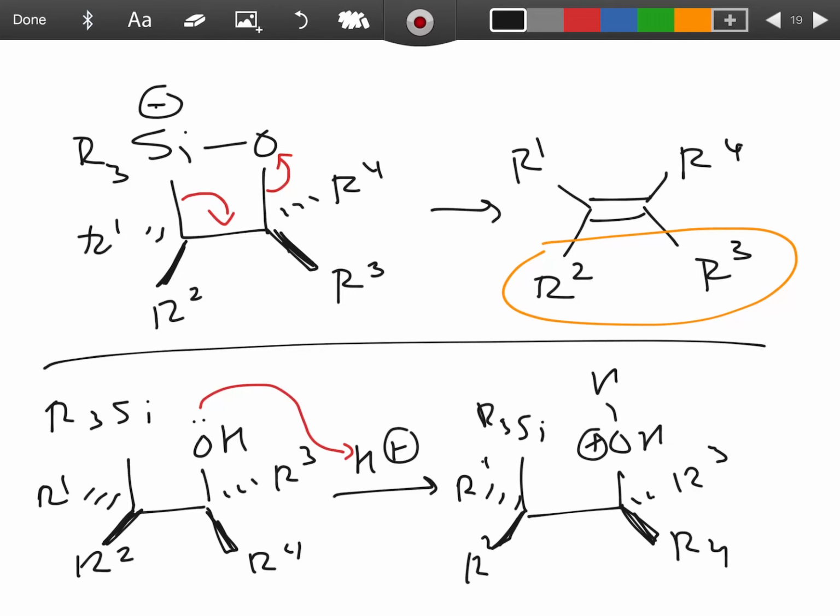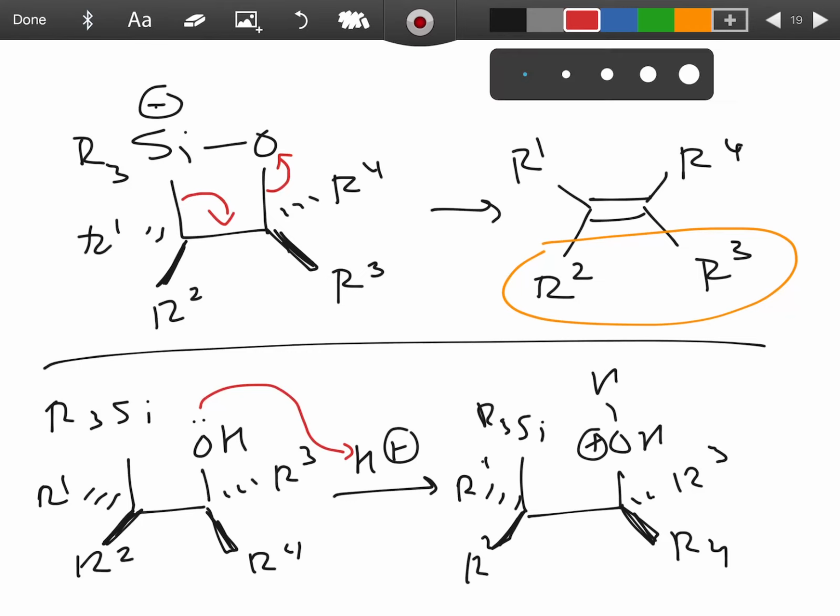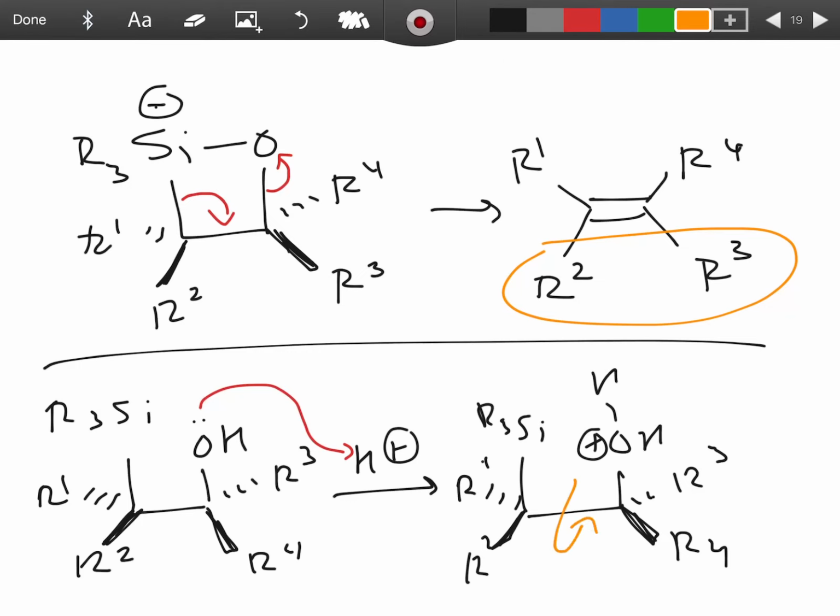And what happens is, to help push that oxygen off, to help stabilize that positive charge, we want to rotate around that single bond. We want to put the oxygen anti to this carbon-silicon bond. So we want to put that oxygen on the opposite side of the molecule. So what ends up happening is when I rotate around that bond,